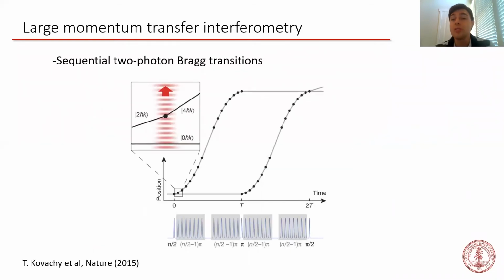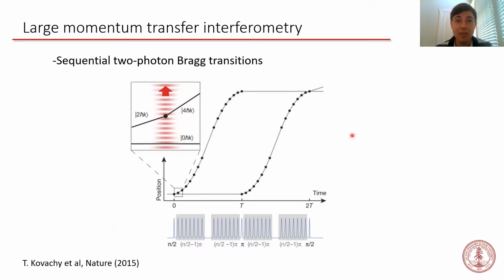The technique that we use to do this is called large momentum transfer interferometry, or LMT. The initial beam splitter is carried out with a 2-photon Bragg transition, which creates a 2h bar k momentum difference between the arms. We then apply additional pulses, each of which increases the momentum transferred to one arm while leaving the other arm unchanged. So for example, the second pulse in this 16h bar k interferometer increases the momentum of the 2h bar k arm to 4h bar k while leaving the 0h bar k arm unchanged.